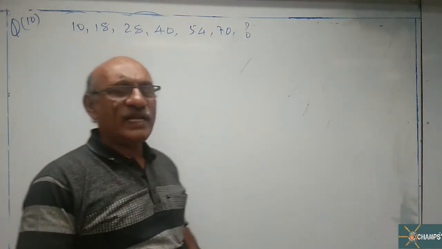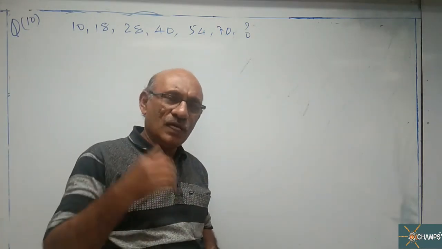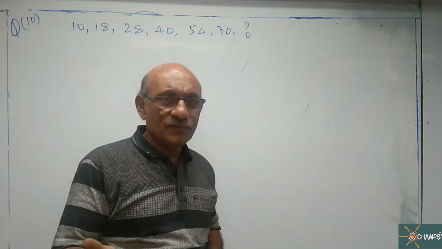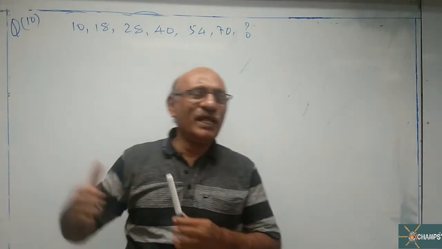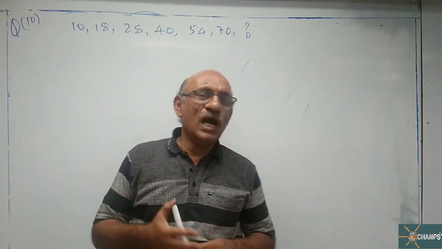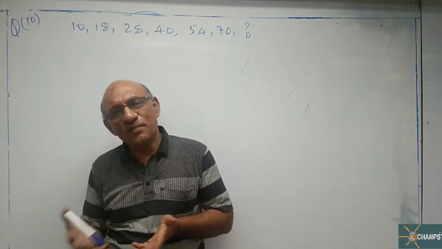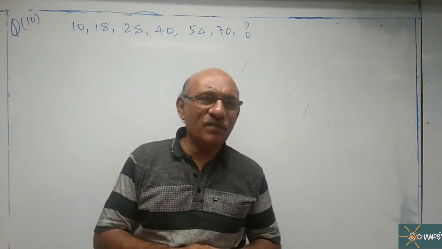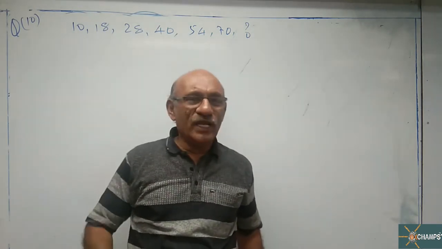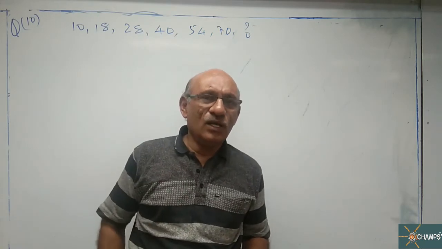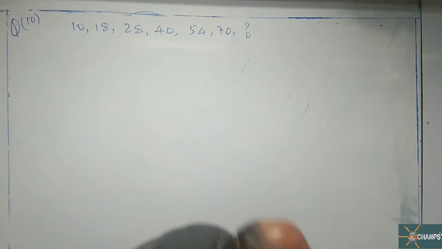Now, first I will take up difference, then difference of difference, otherwise multiplying with a constant, or multiplication in increasing order, multiplying and adding the same number, multiplication with the same number and addition also the same number. This way I have various methods. So I will apply one after another.